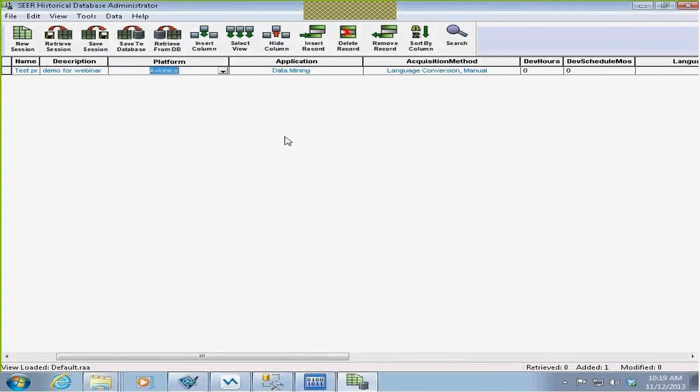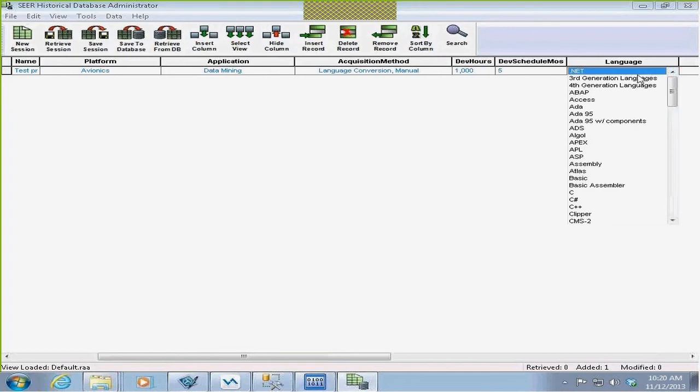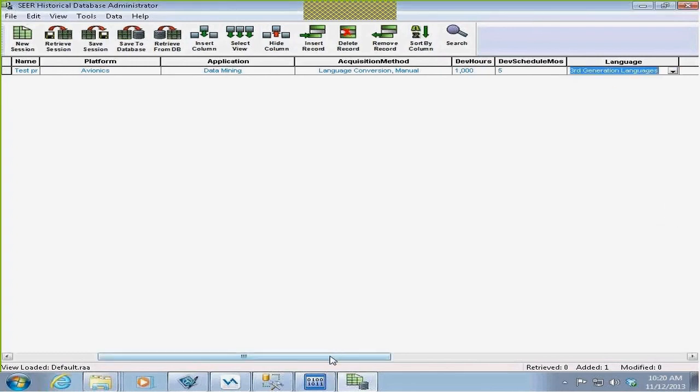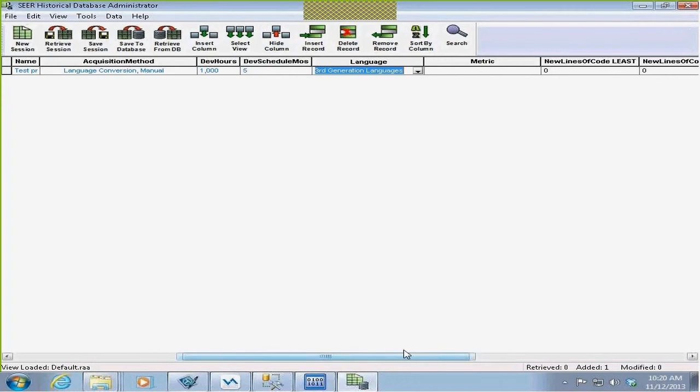And then I randomly pick the knowledge base, and then let's say I enter development hours, schedule. I don't know, that doesn't make sense. 5. And I'll pick third generation languages. Another comment I would like to make, the development hours and development schedule months,